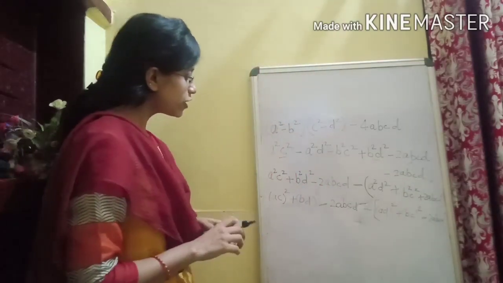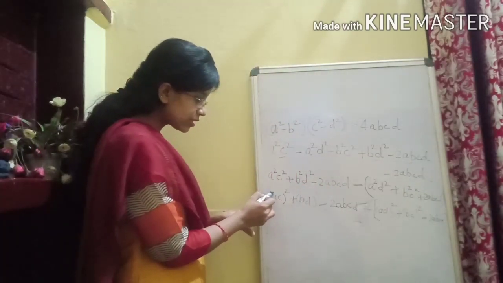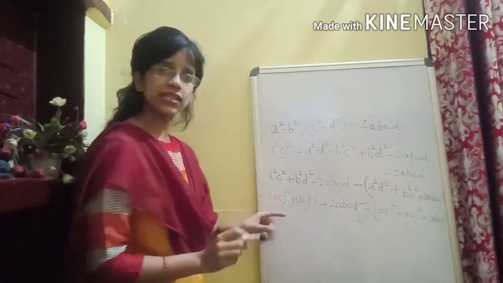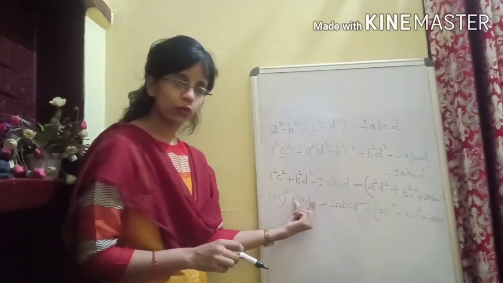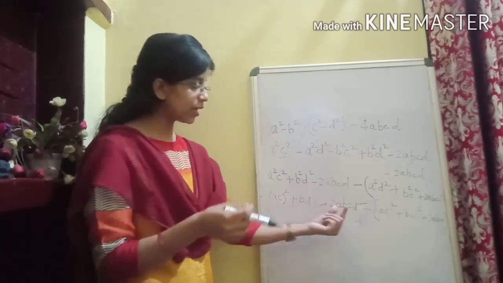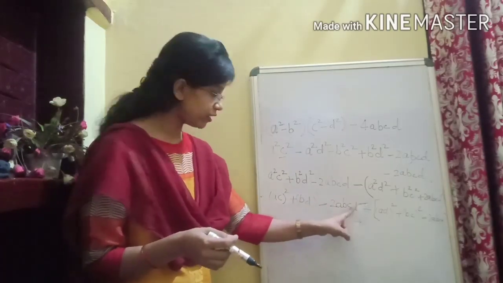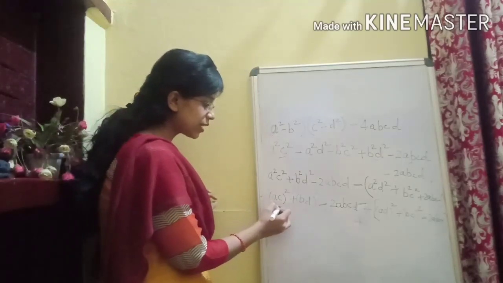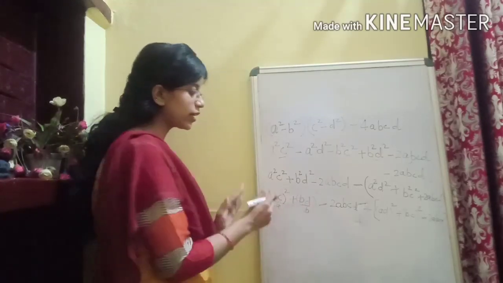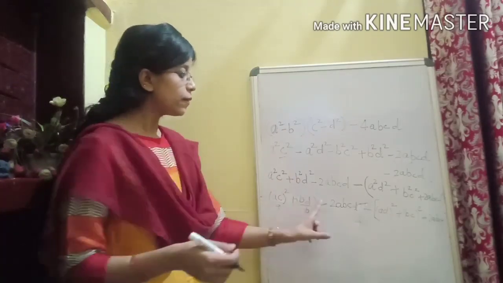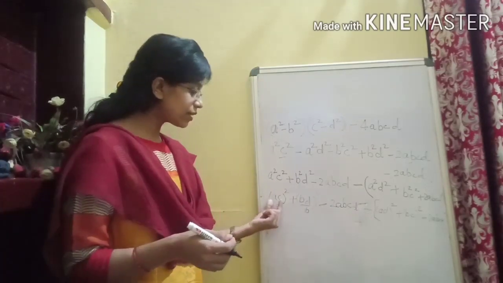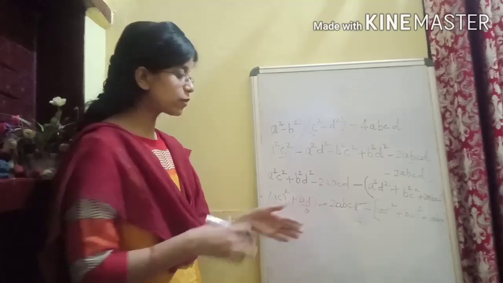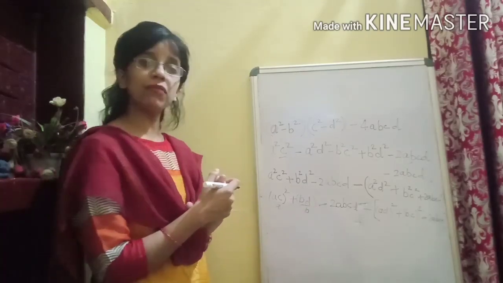Now if we take this ac term as a whole a and this bd if we consider it as a whole b, then isn't it like a square plus b square minus 2ab? A should be what? AC. We want b. B is what? BD. So if we consider it as a and b, we are getting a square plus b square minus 2ab, where your a is AC and where your b is BD. Since we are getting minus 2ab, that means it is the perfect square of a minus b.